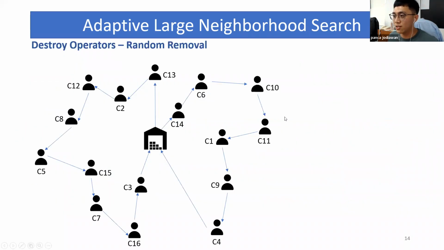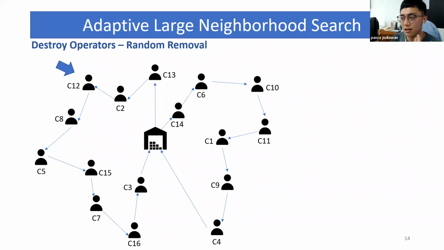So let's start with the random removal. The name represents the mechanism of the removal. Random removal means you randomly select customers and then remove them from the solution.